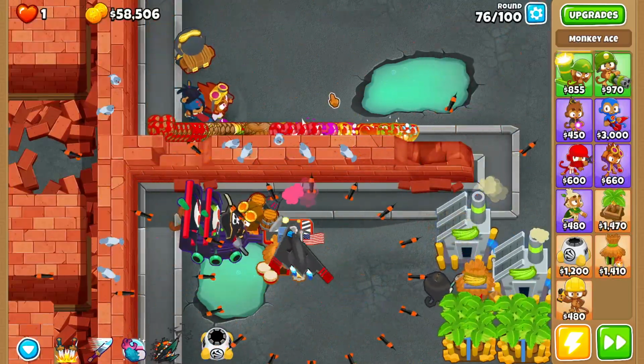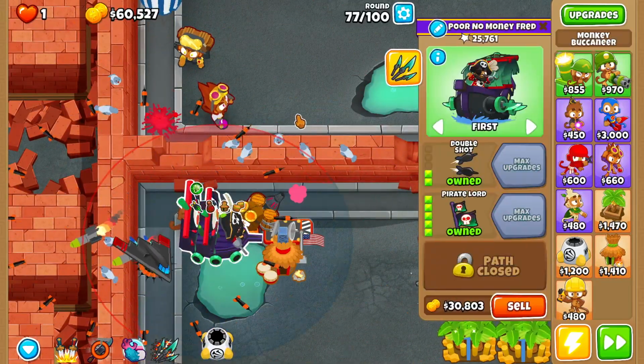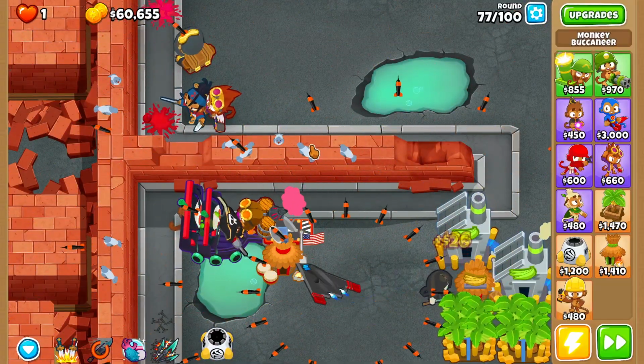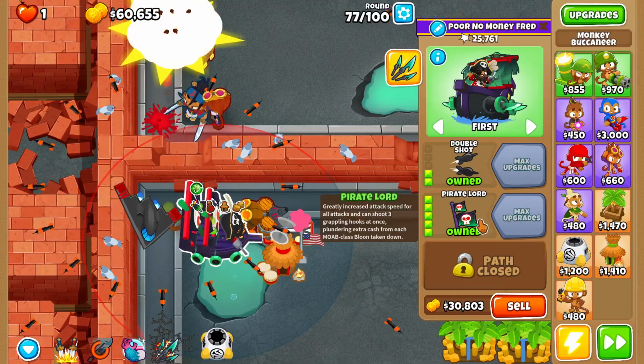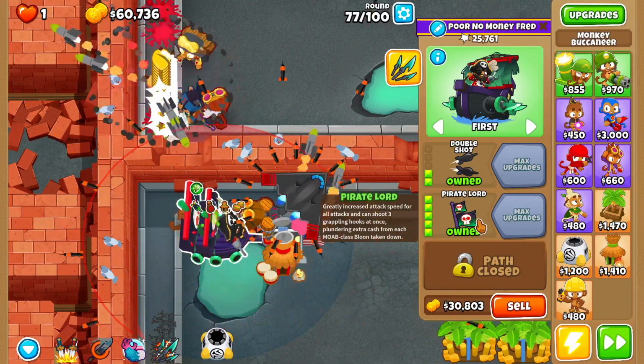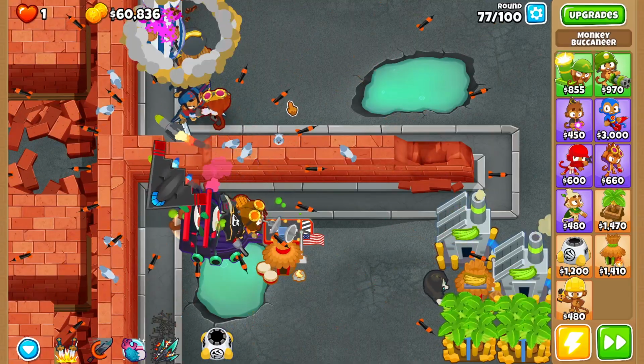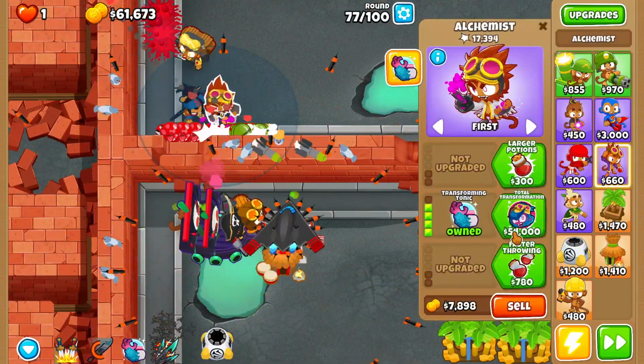To be honest, I'm kind of a total noob, and I forgot that Pirate Lord gives extra cash for using his ability, so I have not been using it at all against any of these Moabs so far. I kind of forget, because when you play Chips mode so much, you just forget stupid, silly things that are part of the normal game. But I digress. We are moving on to Total